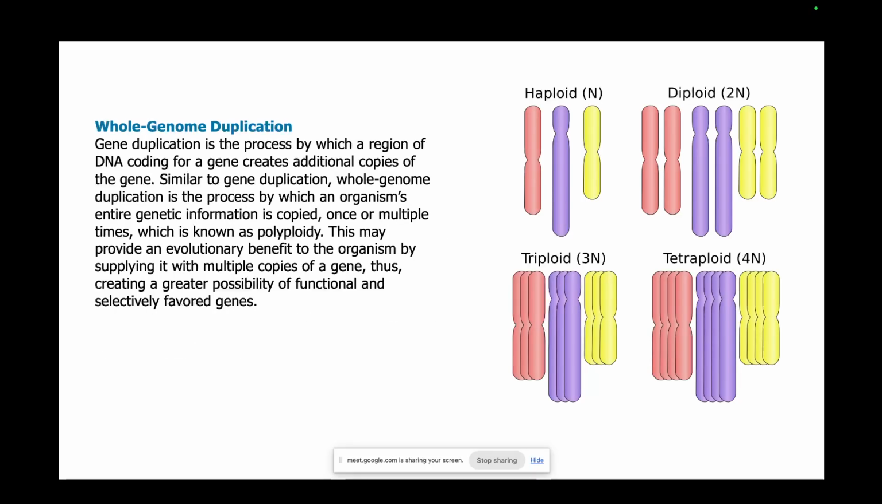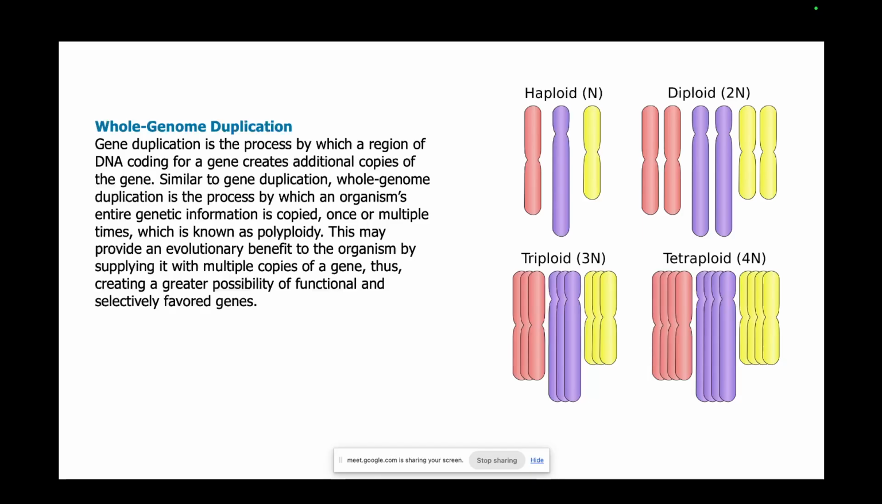Okay, so we talked a little bit about whole genome duplication before population genetics, but I just come back to that again. So again, genome duplication is the process, as we discussed, by which a region of the DNA coding for a gene creates an additional copy of the gene, right? So generally, we humans are diploids, so we have two copies of the same gene or the same DNA and same chromosome. Haploid is basically half of the DNA content of that, so single copies of each of the DNA